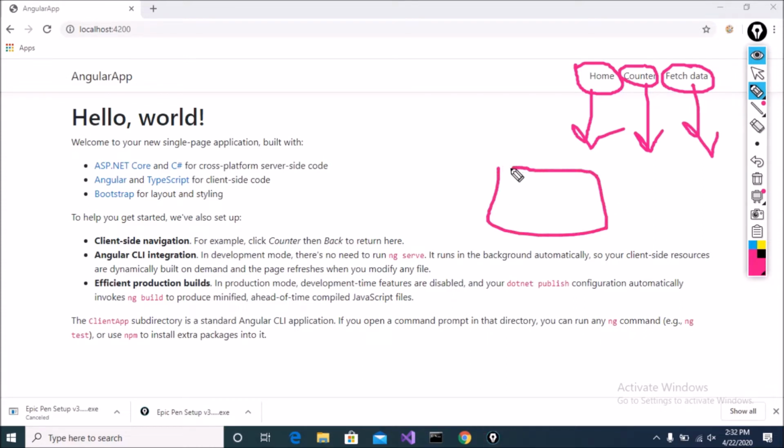This is a pop-up, a single modal pop-up, and we will try to call it from the home component, counter, as well as fetch data.